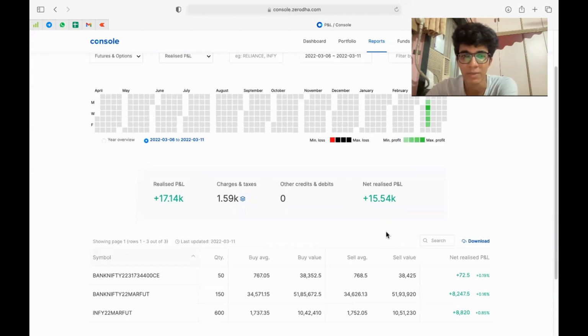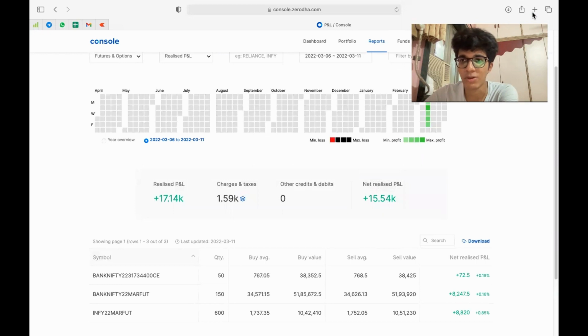It's good compared to what I have been doing last month. So when I compare my own journey in the market, it's a nice significant amount. But rather than the amount of 15,000, how much return was I able to capture? Let's talk about return as well, right? Because if I'm deploying 10 lakhs and I'm just making 15K, then it's a complete joke.